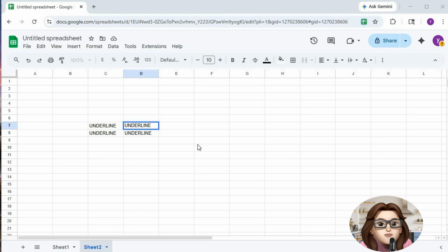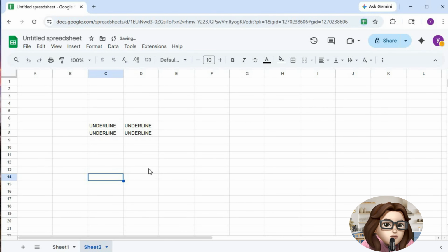In this tutorial, I'm going to show you how to underline text in Google Sheets and use a quick shortcut